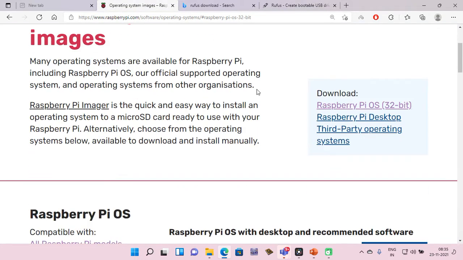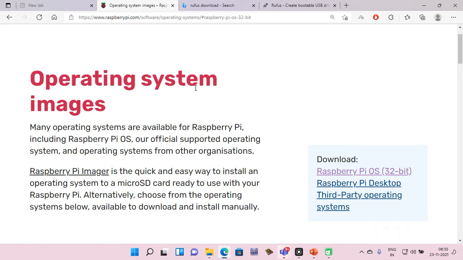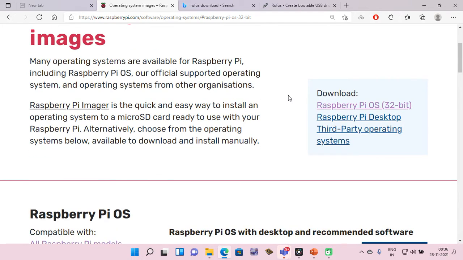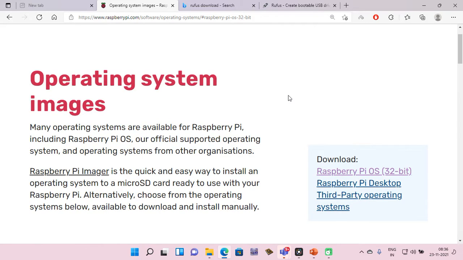So you can use the software to burn the image on the SD card, and if you boot your SD card from the USB drive of your desktop computer or laptop computer, you get a complete Raspberry Pi operating system. And you can work with it, play with it. Also, you can use this Raspberry Pi system as a complete desktop operating system for your computer because it has all the office software and additional programming software.